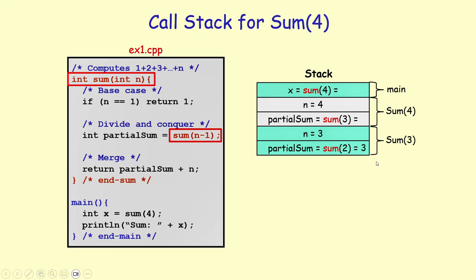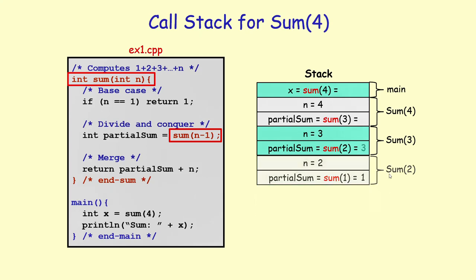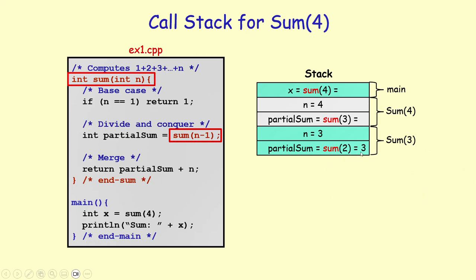And when we return, the local variables and parameters are deallocated from the stack. Remember, these are called automatic variables. So the space for these parameters and local variables are allocated when we enter the function, and they are deallocated. They are removed from the stack when we return from the function. Now that we have returned back into the context of sum 3, there is no space for sum 1 and sum 2, which have already been erased from the stack, right? So we are here.